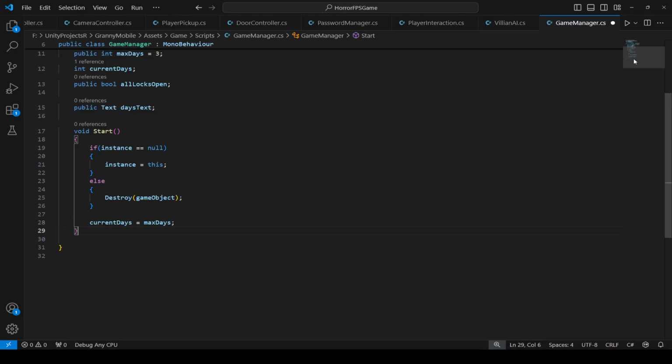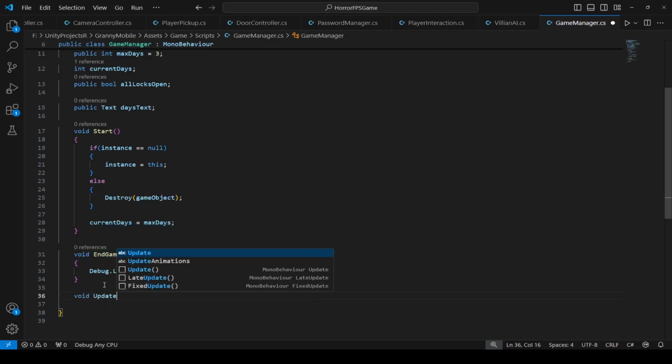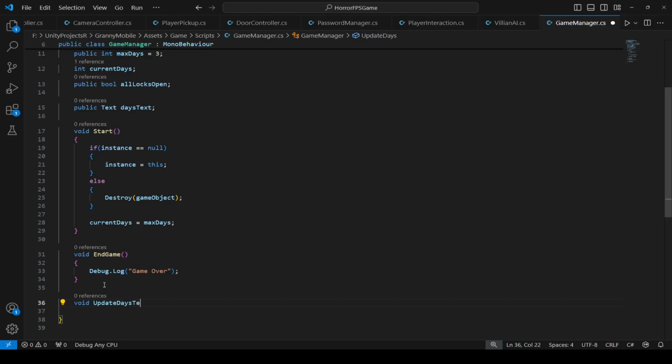and then let's make a method right down below by the name of EndGame, and in this EndGame method we will not do anything. Alright, later on when the game ends we're gonna get back to the main menu, but for now just type in the console that game over, and then create another method for updating the days text. So UpdateDaysText will be its name,